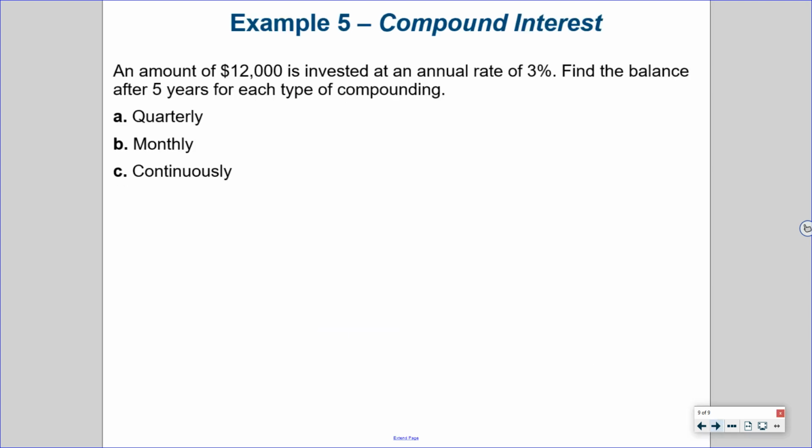Okay, so let's try one. Let's say I just got a stipend of $12,000, and I was like, ooh, I better save this. So I'm going to put it in an account, and they're giving me an annual rate of 3%. That's really high. That's great. Find the balance after 5 years for each type of compounding. So each kind of period in a year. Compounding period is kind of what it's called. So if it was quarterly,